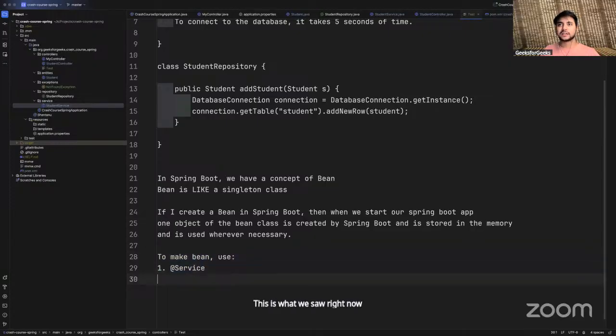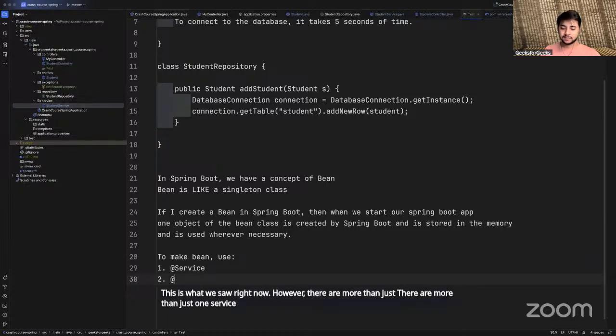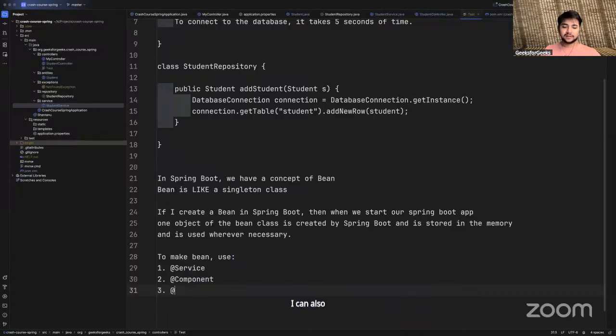However, there is more than just one: @Service. I can also write @Component. I can also write @Repository. I can also write @RestController.